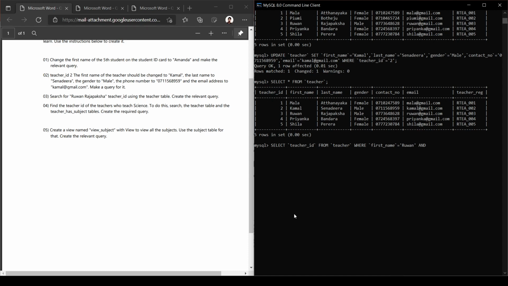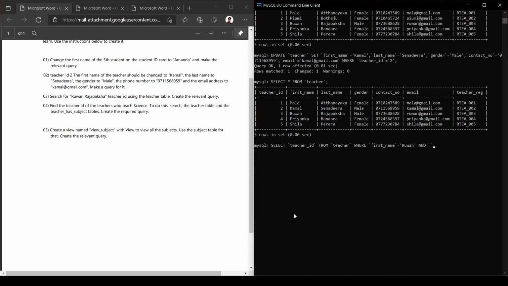This keyword called and, if you use the keyword and, we can add two conditions. So to filter the data, it needs to be the first name as Ruwan and also the second name as Rajapaksha. So both of those conditions will be considered when the query outputs the result.